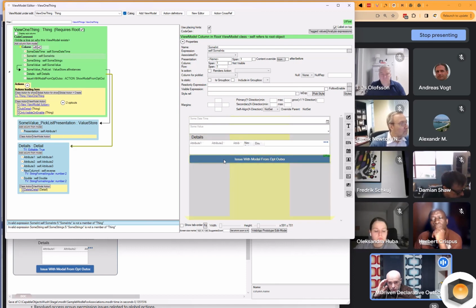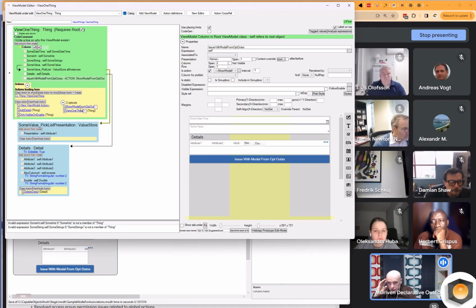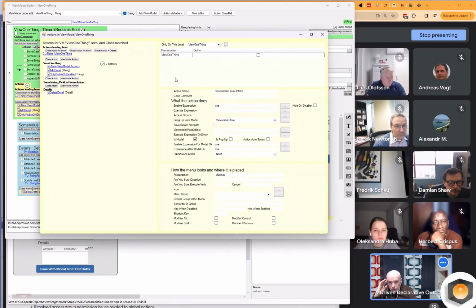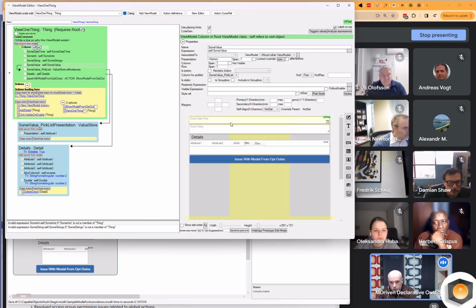The problem was that whenever the error resides in an action, like this action is hooked up to an action called show model for something, and that's actually an opt-out action, so that's a different thing that we worked with. If the error is here, so there's something strange here, and let's see, let's make a change.